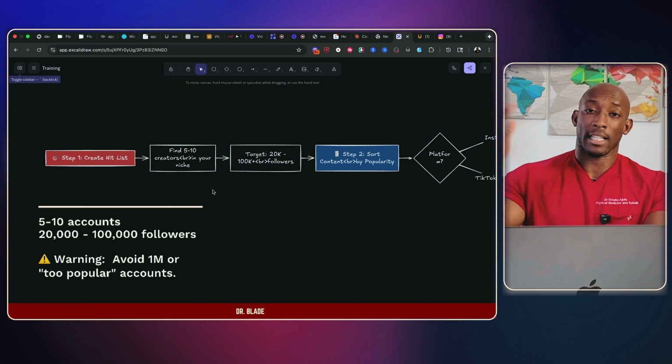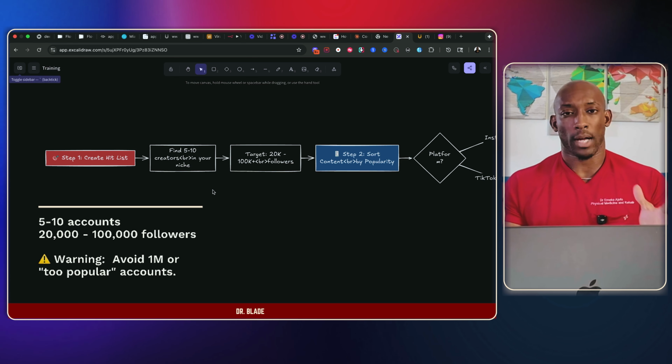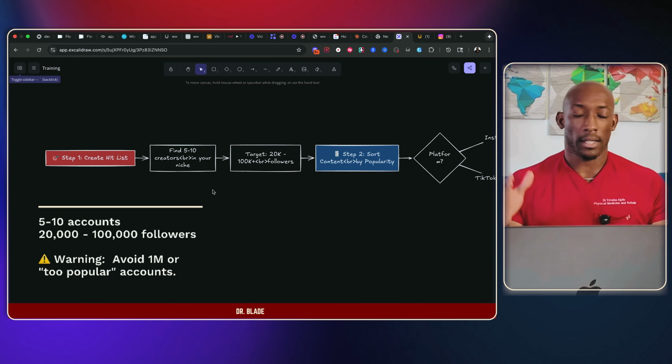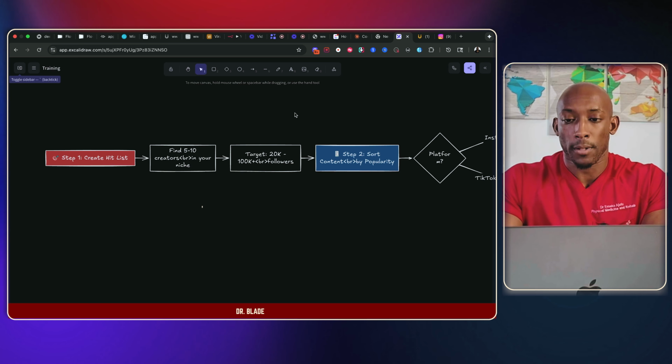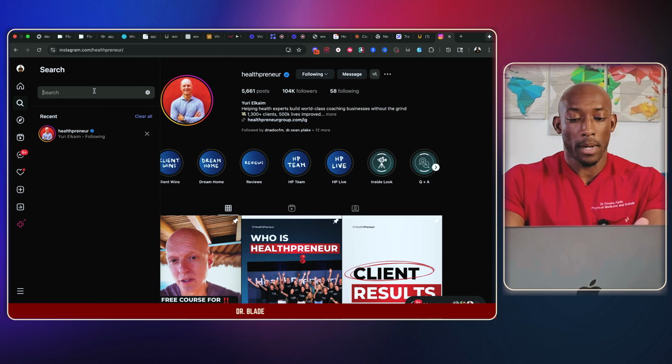followers. When you get into like the millions, those people are pretty much famous. Anything they do typically does well. So I typically recommend stay between 20 to 200,000 followers. An easy way to do this is to go to someplace like Instagram, type in your competitors, you're probably following